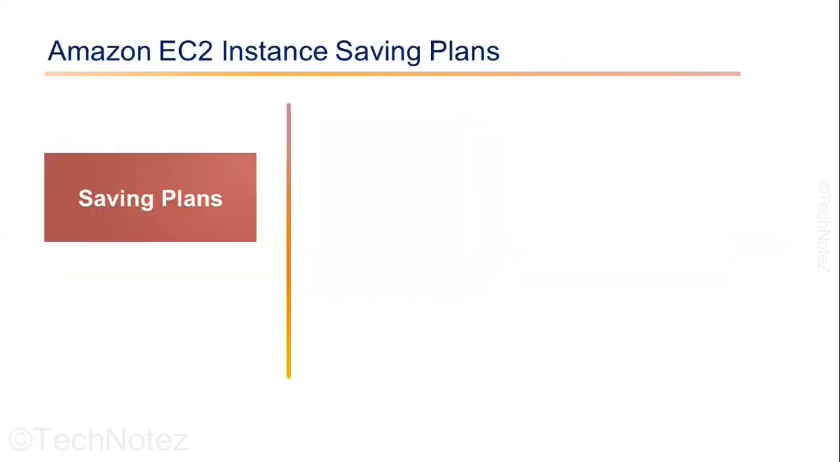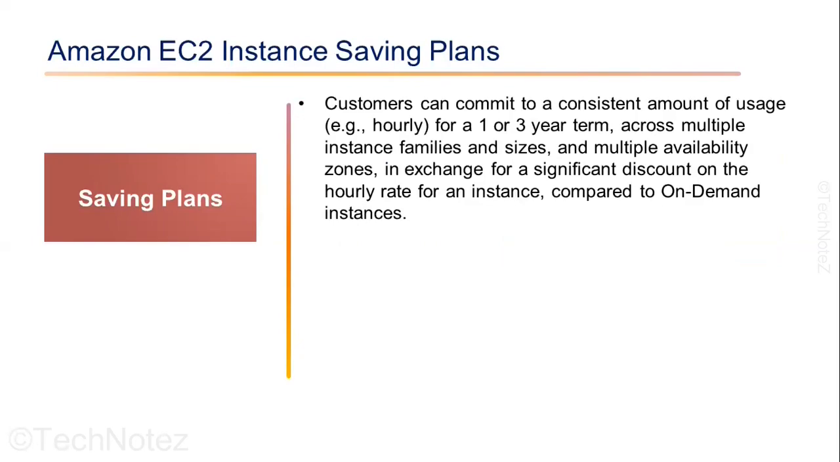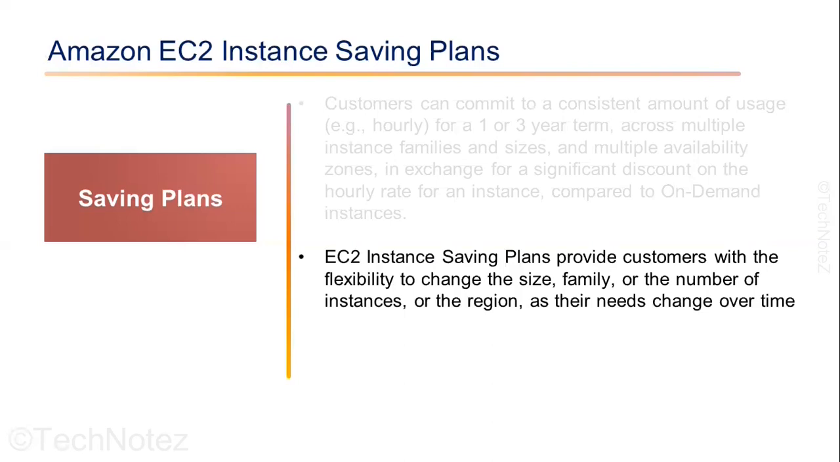budget. Next, let's talk about the AWS EC2 instance saving plan. With EC2 instance saving plans, customers can commit to a consistent amount of usage for a 1 or 3 year term across multiple instance families, sizes, and multiple availability zones. In exchange, customers get a significant discount on the hourly rate for the instances. EC2 instance saving plans provide customers with flexibility to change the size, family, or the number of instances or the region